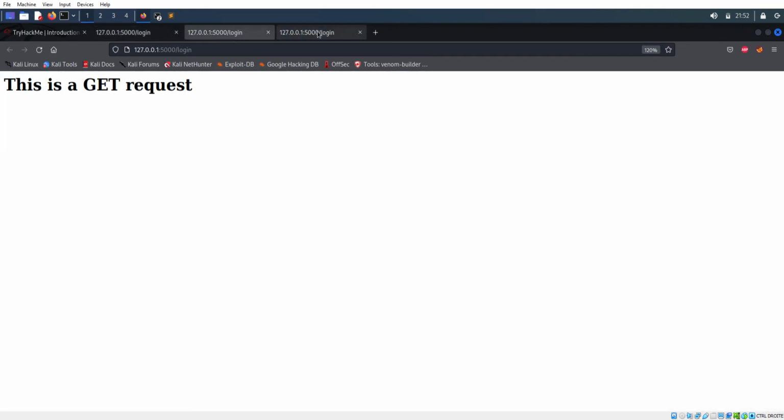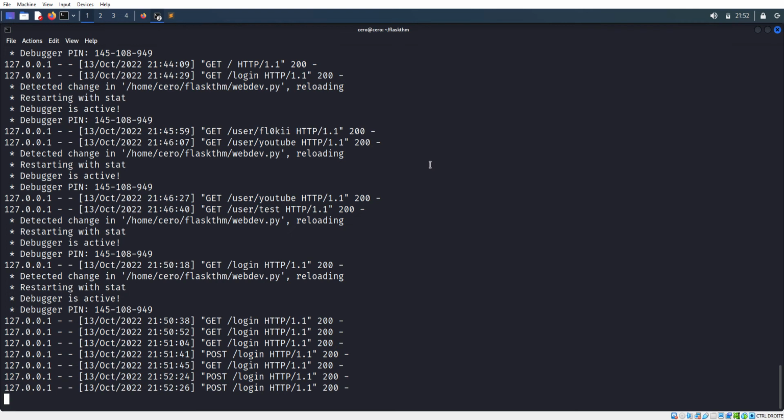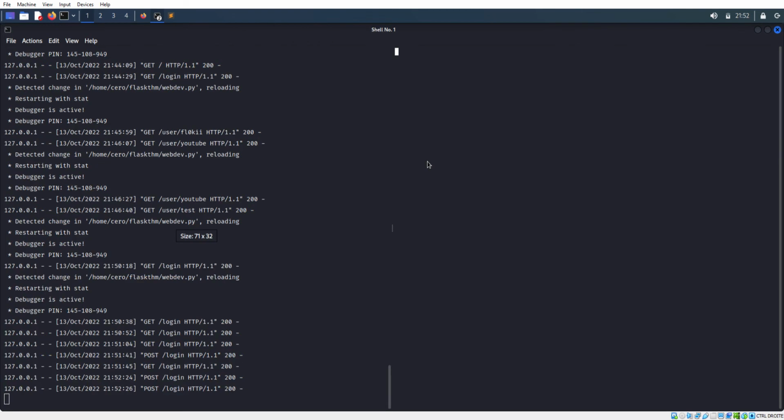Yeah, and now it says this is a post request, so it just wanted some data there. I'm not sure if we can do this. Let me try going here. Let's try to do it with curl. I think it's tag X if I'm not mistaken. Make this a post request and the HTTP